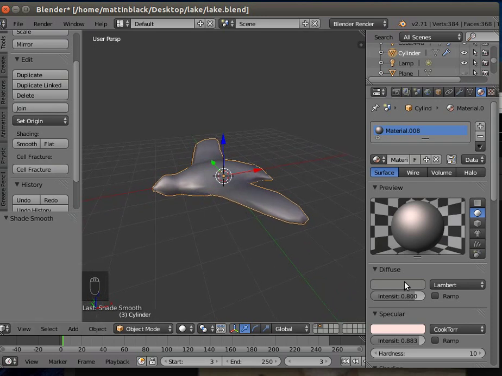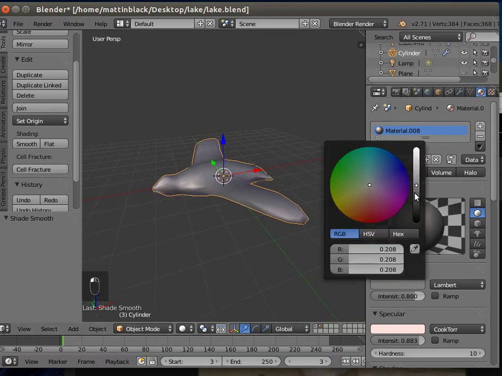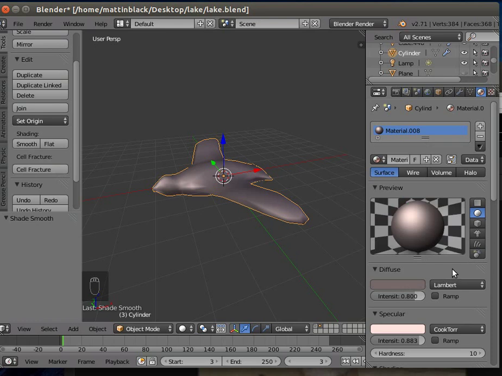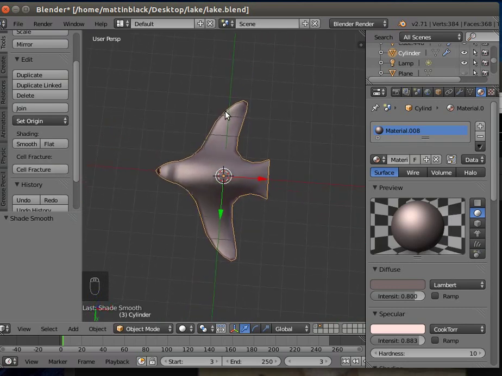Now that grey is probably not dark enough. I'm going to go down a bit. I'm going to boost the red a bit, the green slightly, try and make it a bit brown, like so. That's a sort of pigeony grey. So if we look at the underside, then what we can do